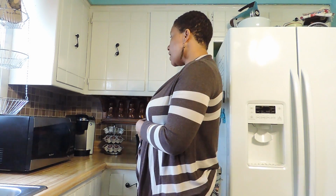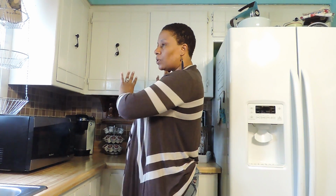Since I don't have a pantry, I'm going to use the upper cabinets for all food items, non-perishable items. I had also, like my hutch, I had created it into a bacon hutch. Now I still have some of the same things over there, with the exception of the box food items, the canned fruit like berries, cherries, brownie mix. I still have my canisters with flour and stuff because that's needed. But all those things like the bacon section with the items, I ended up putting them here too,